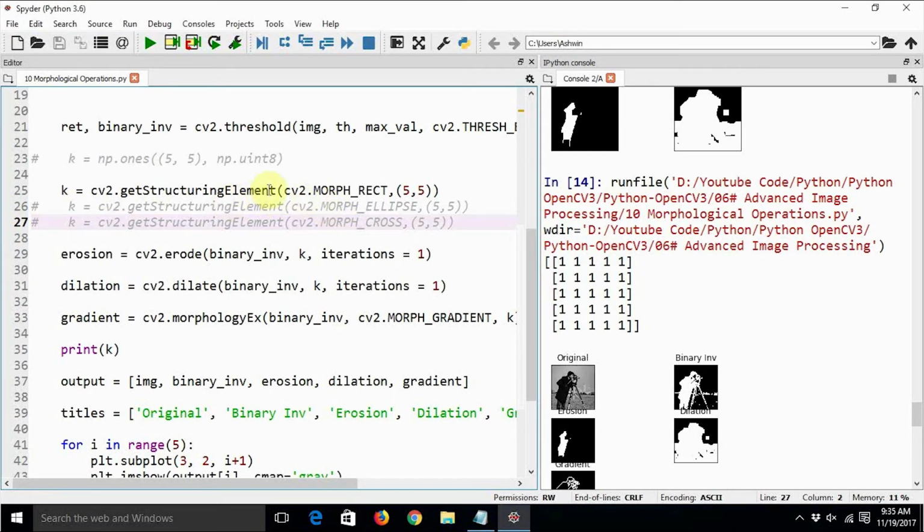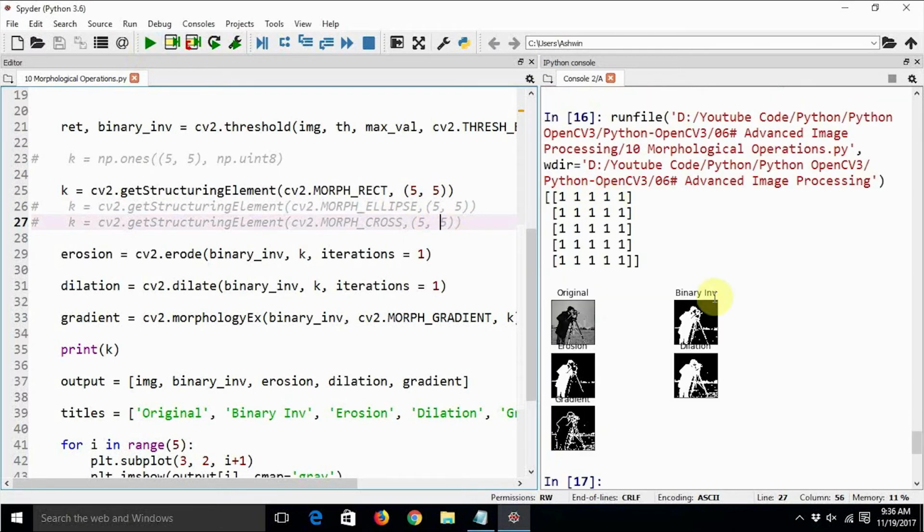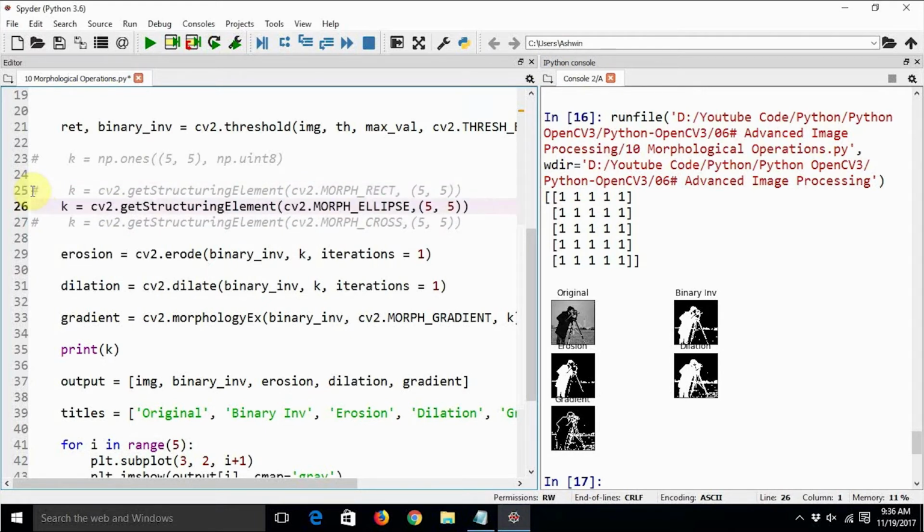So this cv2.MORPH_RECT is going to produce the same output as np.ones. I don't know why they have created a separate function for this. And this one is going to create an elliptical kernel. Let's execute it. Yes, an elliptical kernel, and also we are applying that kernel to the image.